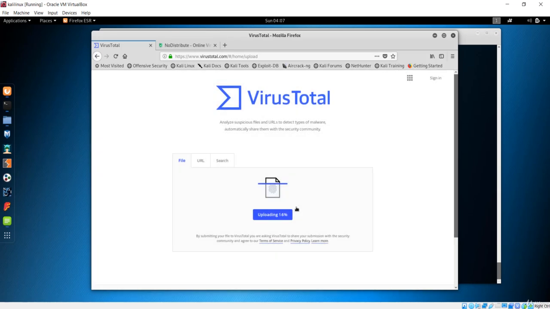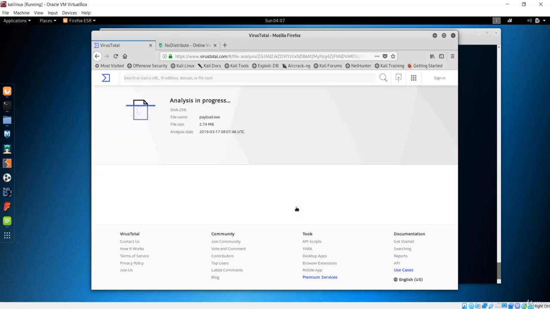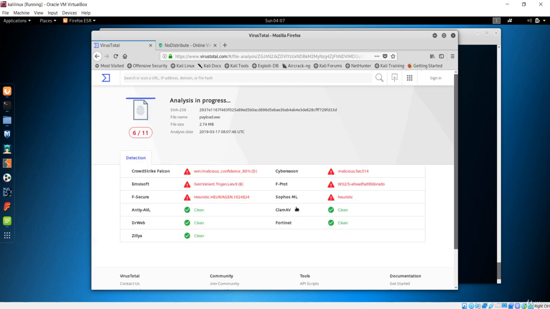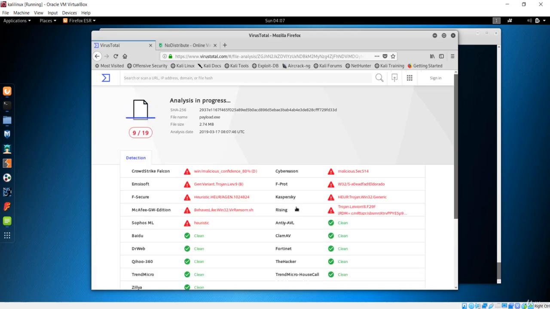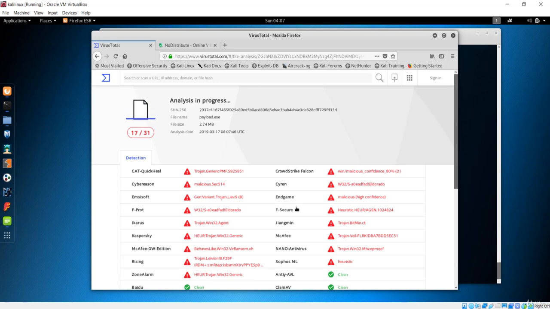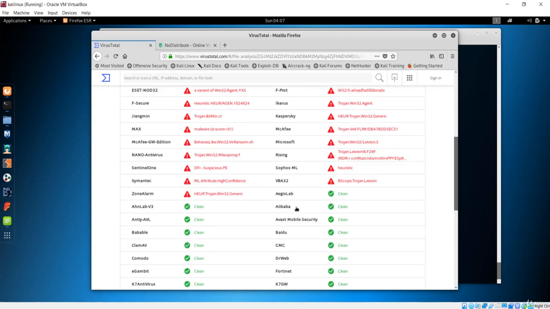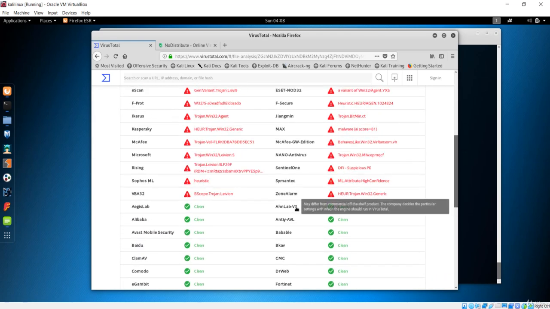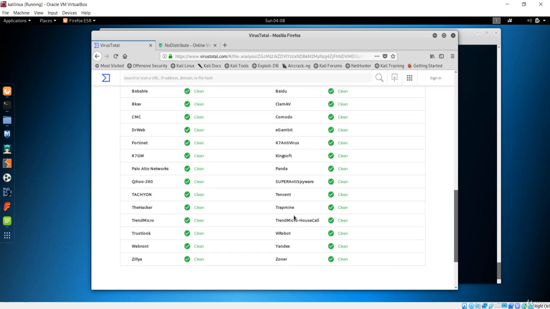First of all, you have to upload that file and wait for some time because it is going to scan with all of these antiviruses, and you can see clearly that some of these antiviruses are detecting it. So many antiviruses are detecting us, so it is not a good payload.